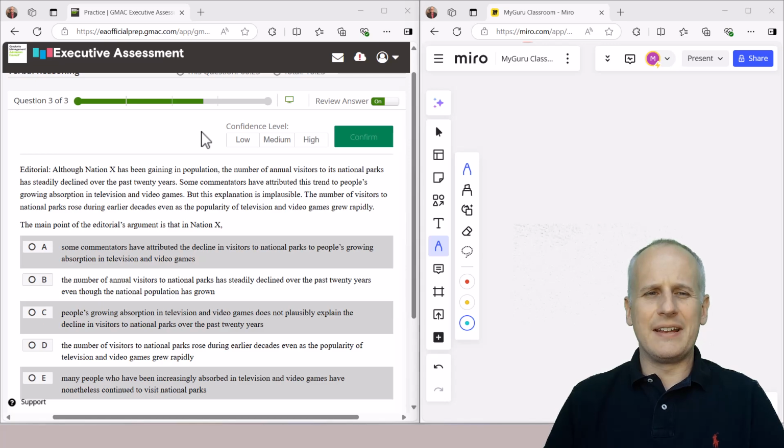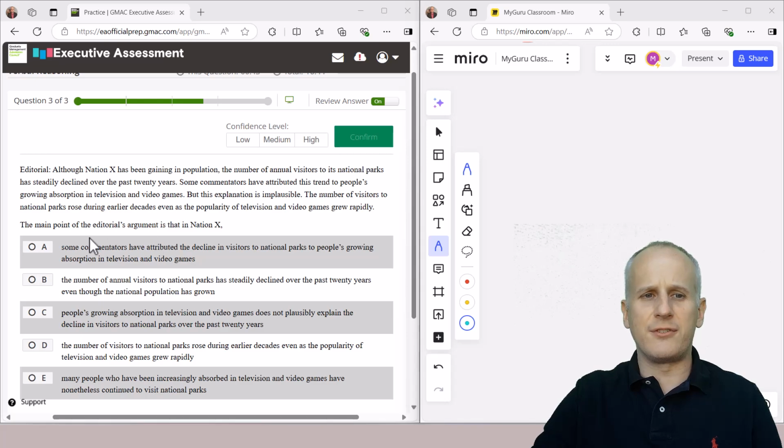Here we are at the executive assessment sample questions, the free sample set of problems that you can engage with at MBA.com for this unique MBA application exam. Now, what we're looking at here is a critical reasoning style question. And whenever you engage with a critical reasoning style question, you're going to set up your scratch pad first for process of elimination, and you're going to skip over the introductory paragraph and just identify what you're being asked to